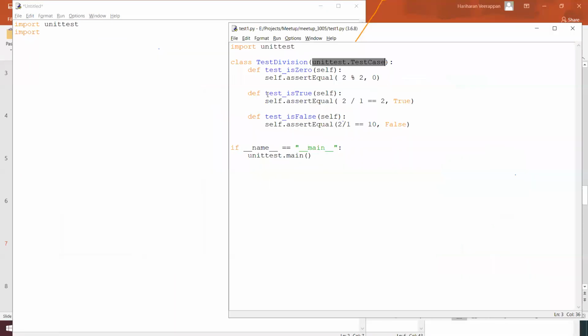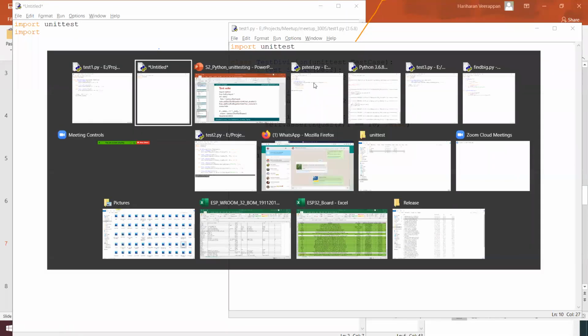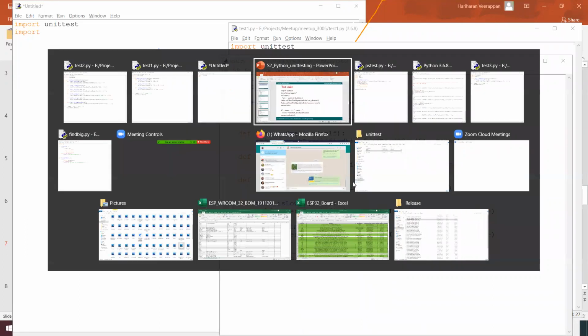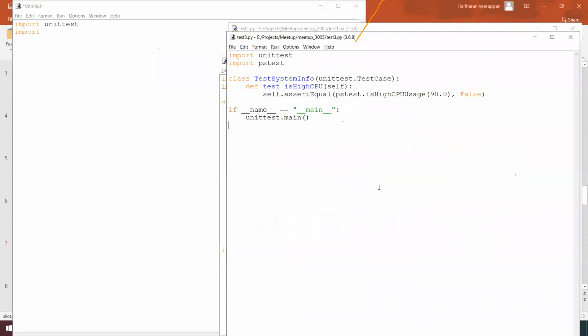Test1 validates the test division functionality, test2 validates whether it is a bigger number or smaller number, and test3 checks whether it is a high CPU or low CPU. We did three test cases over here.